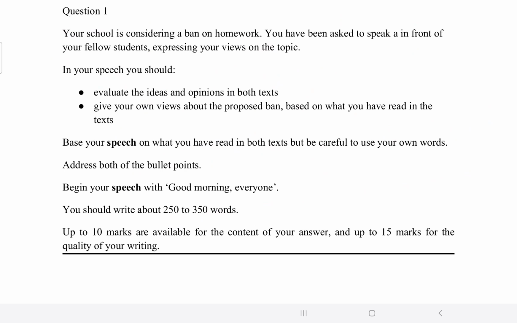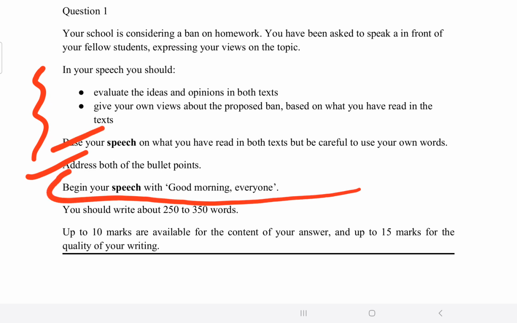Then this part is the same. This part is also the same. This starting is given. Begin your speech with good morning everyone. If no starter is given, you can simply start every speech with good morning everyone. Start it like this. That is a neutral kind of starting. You can use it in every kind of speech, whether you are talking in front of parents, children, students, teachers, in school, outside, to ladies and gentlemen. You can start your speech with this. It is a useful beginning.